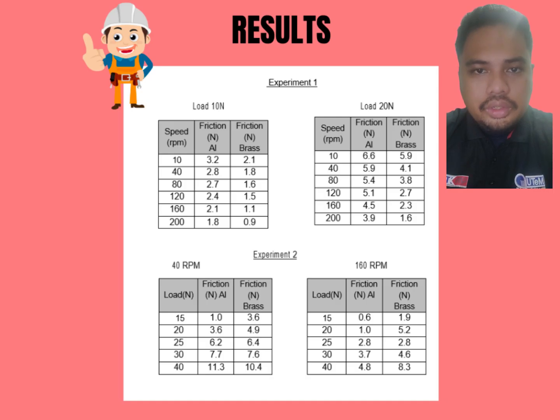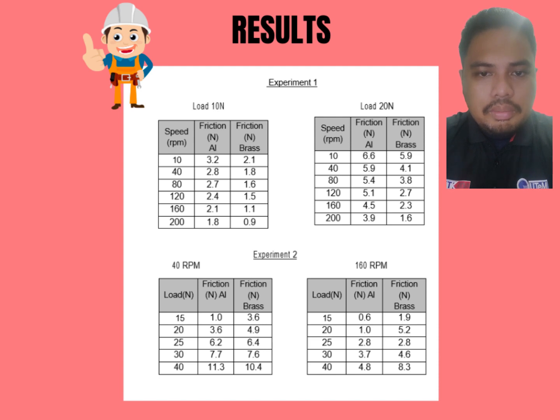Okay, I will continue the presentation of the poster with the results of the experiment. In this lab, we conduct 2 experiments. Experiment 1, we use a constant load and adjust the speed, and in experiment 2, we use a constant speed and adjust the load. So in experiment 1, we use a constant load of 10 Newton and adjust the speed from 10 to 200 rpm,